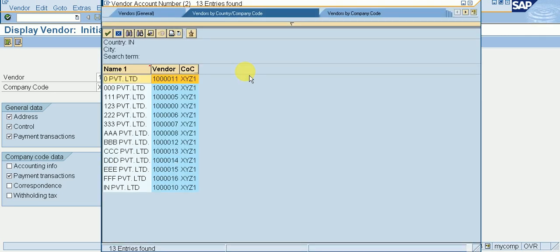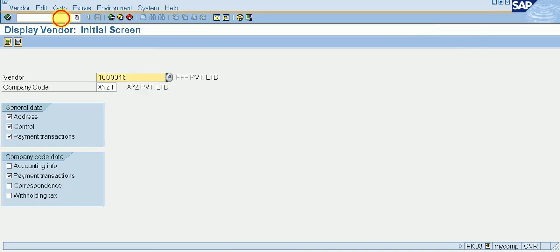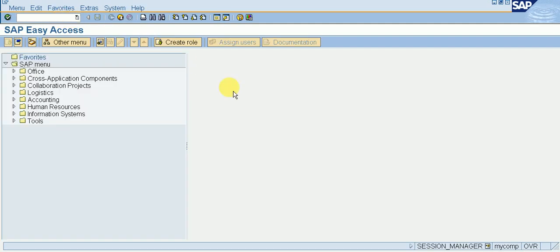So what we had created, AA Private Limited, BBB Private Limited, CCC Private Limited, DDD. So what we had mentioned in our notepad, we can see here all vendors are created. Then go back. So our LSMW is done here.